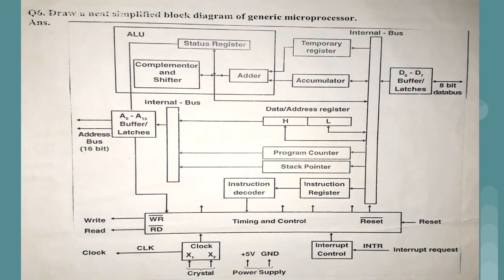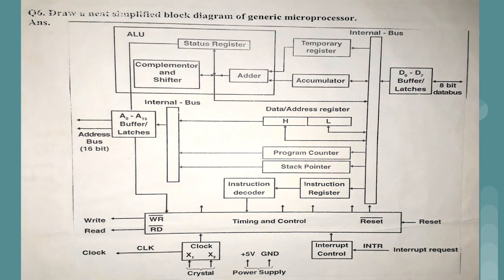So this much we have seen in the CPU organization, only the explanation is given: HL is the register which is used as a data as well as address register. And they have added the stack pointer, which is again a 16-bit register used to store the stack. So the upper part of the diagram is almost similar to the CPU organization; only these two components connected to the internal bus lines are added.